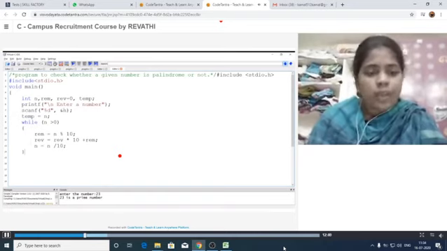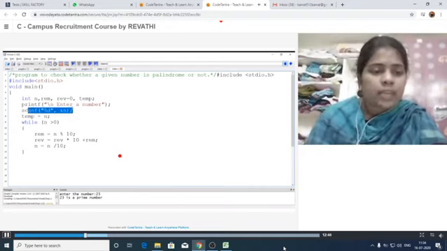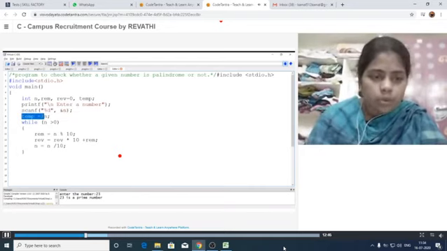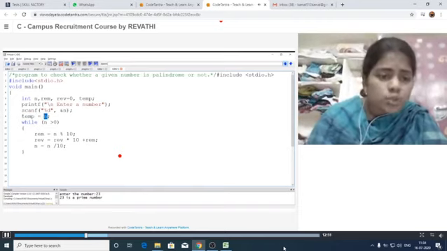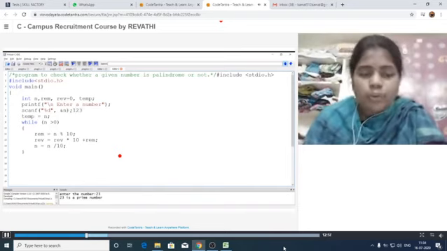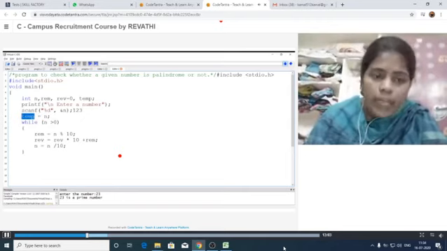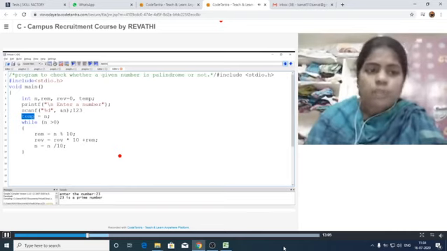Let us see. Enter the number, and the scanner is reading the value of n from the keyboard. Now there is an extra step there, that is, it is storing our actual value in the variable temp. For example, here we have given the number 1, 2, 3. This number 1, 2, 3 will be stored in our temp. That means the number is present in our n as well as temp. What is the reason, we will discuss later.